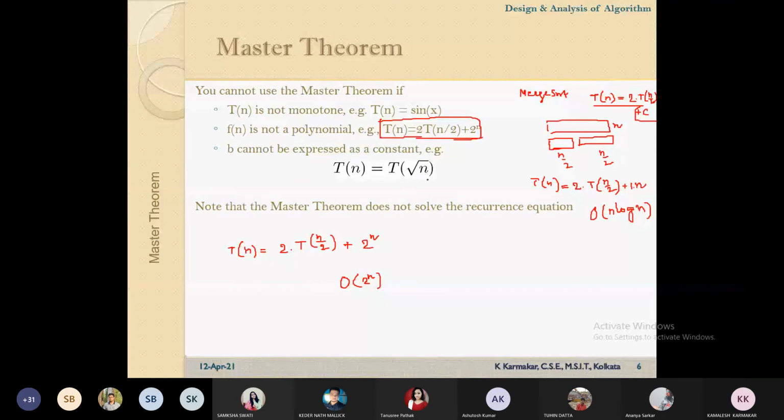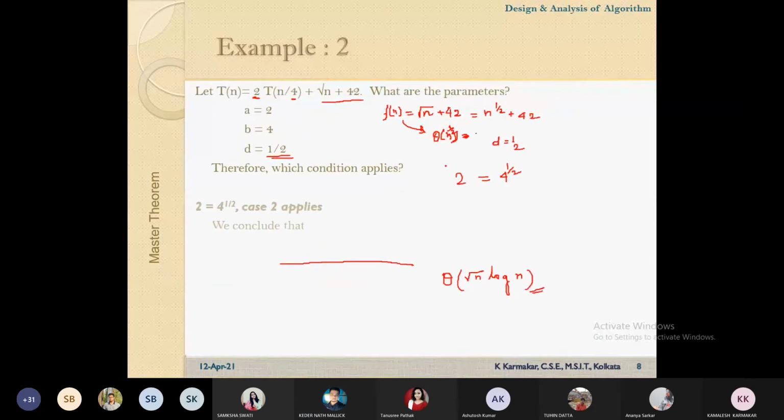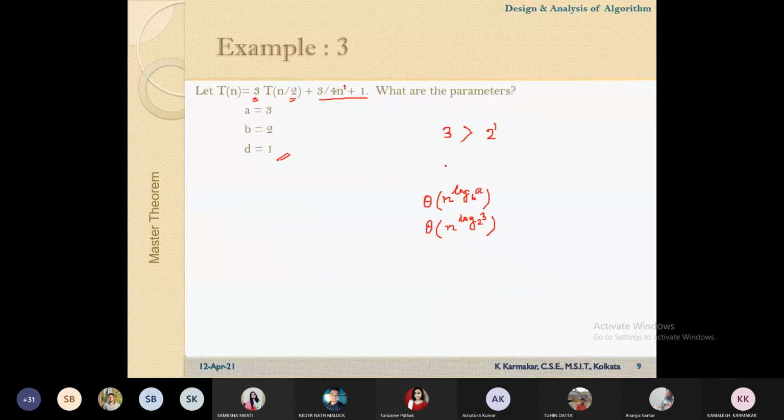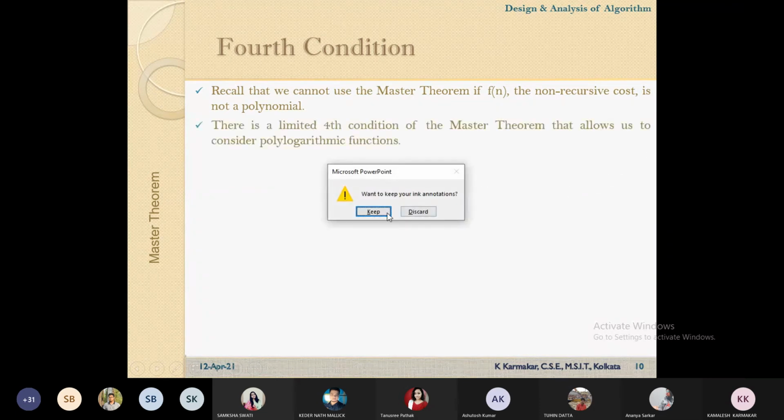What will be the complexity? Basically, in those cases, the problems will not be so simple. Okay, we will come to that. I will not discuss the things today. We don't have sufficient time. We have only 12 minutes in our hand. So better we can start this Master's theorem in the next class.